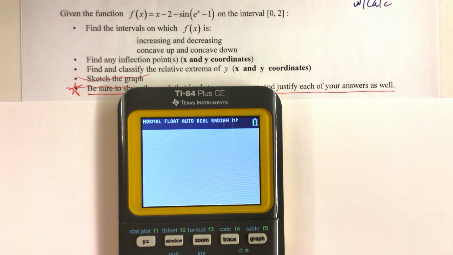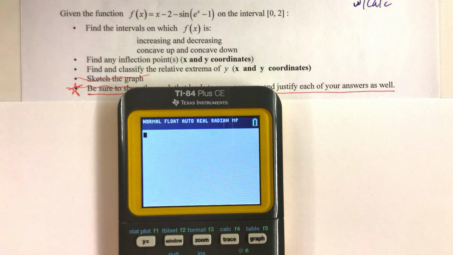The purpose of this video is to walk you through how to efficiently solve and find all of what you're trying to find when you're analyzing this function f of x equals x minus 2 minus sine of e to the x minus 1. So we're analyzing this function on the interval from 0 to 2 using our calculator, so we don't have to do really too much by hand. And I want to show you an efficient way to utilize your calculator so you're not spending time